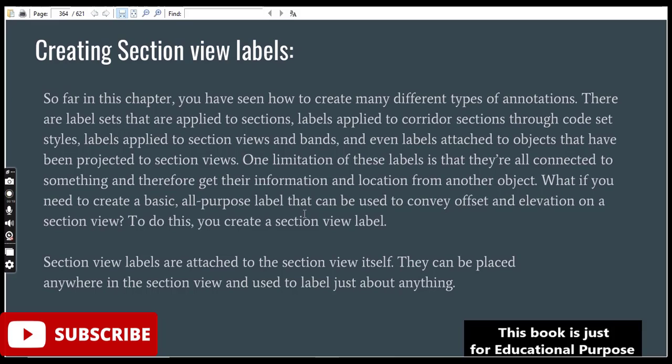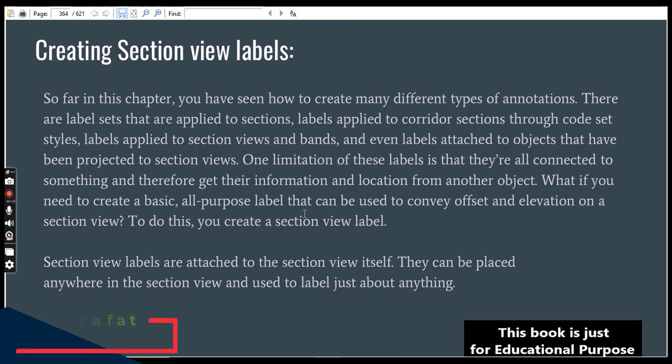So far in this chapter we have seen how to create many different types of annotation. There are label sets applied to sections, labels applied to corridor sections through code set styles, labels applied to section views and bands, and even labels attached to objects that have been projected to section views.